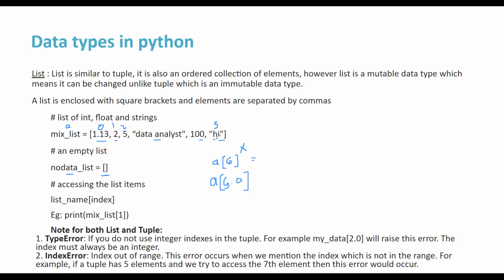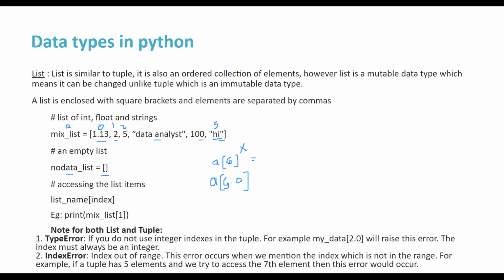If I try to index with 5.0, this will give me a type error. Okay. So we should never give the index in a float, decimal way. This is what we should keep on avoiding.